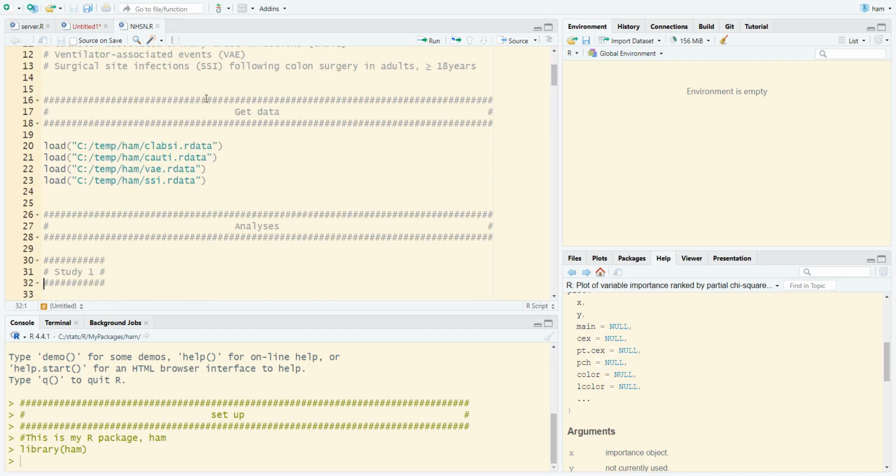Okay, so what I'm going to first do is load data. I have data sets with each of the infection types, and in those are the data from 2016 through 2024. And I also have the models that I ran, and I used 2016 through 2024 because that has the most complete data, but also